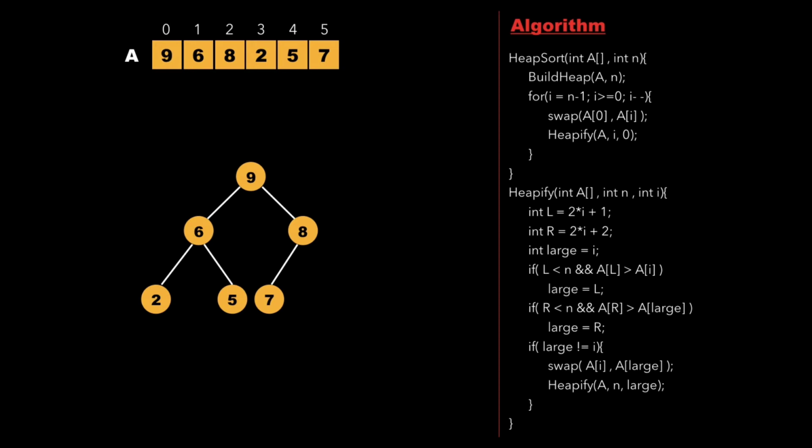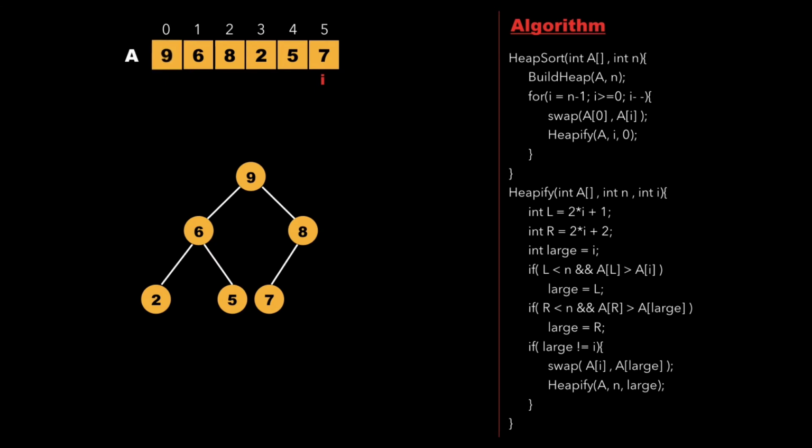The build heap function was called from another function called heap sort, where after building the heap we run a for loop from I is equal to n minus 1 to I is greater than or equal to 0. That is, we traverse the array from last index to the first index and at each traversal we swap the element A of 0 with A of I. So the initial value of I is 5 and we swap A of 0 with A of I, that is